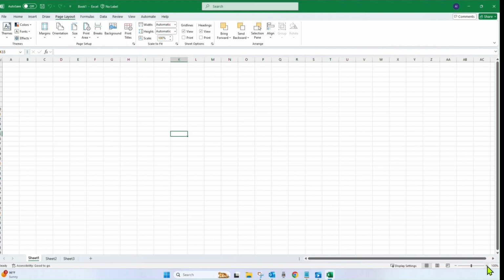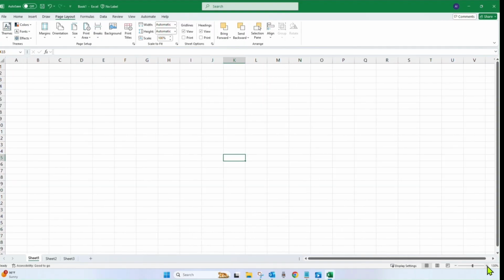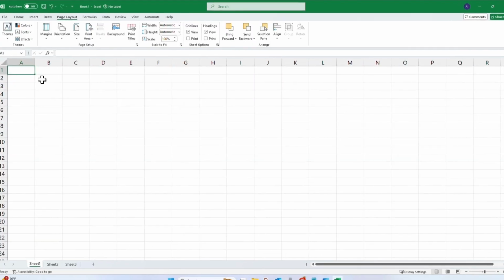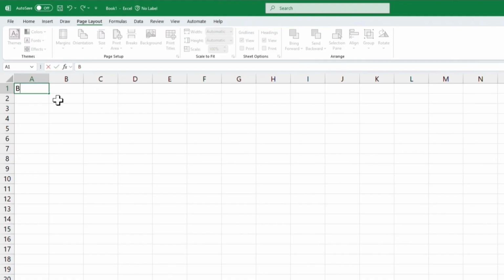Now, to make this a little bit more interesting for you to look at, I'm going to zoom in a little bit. And now I'm going to click on A1 and enter some data in this A1 cell. And just as an example, let's say I want to use Excel to create an inventory of my books. This could be anything. For instance, if you are a student, you could have a supplies list. If a teacher, you could have books too. But let's say I want to do an inventory of the books that I own. As soon as you're done typing books inventory in cell A1, hit enter and I have successfully entered my first